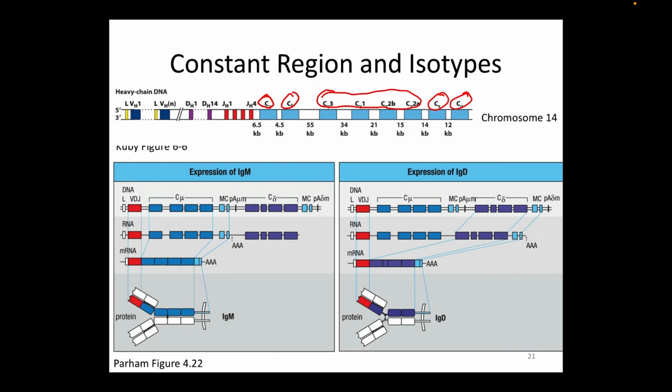What you can notice is that the mu constant region is relatively close in terms of the amount of DNA between the VDJ segments and that constant region section. There's also a pretty short amount of DNA before we get to the delta constant region. But you'll notice there's a very long stretch of DNA between delta and all the rest of the constant region